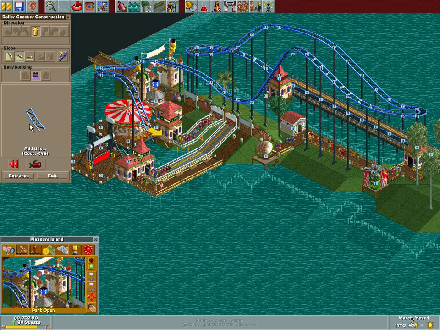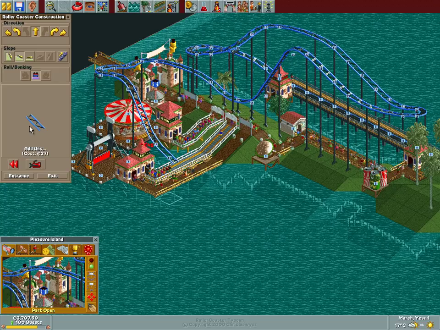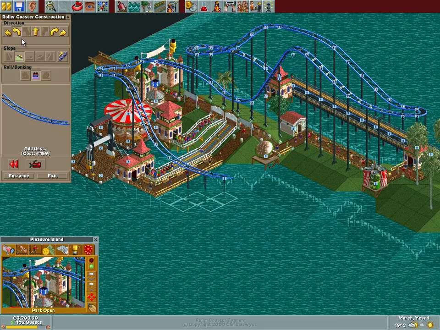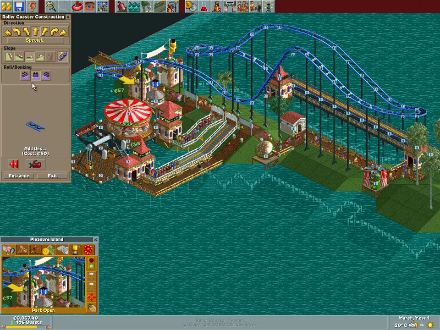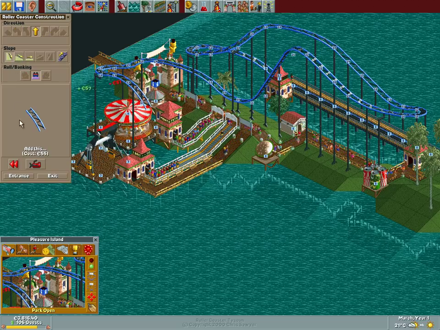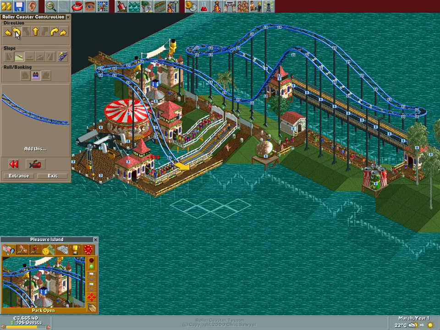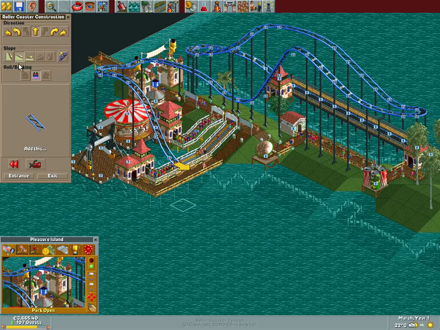But then... Now, what is the terrain height? That's 8. So we want to be approaching this only one further. So... And then it's not gonna work out. We are now at like...